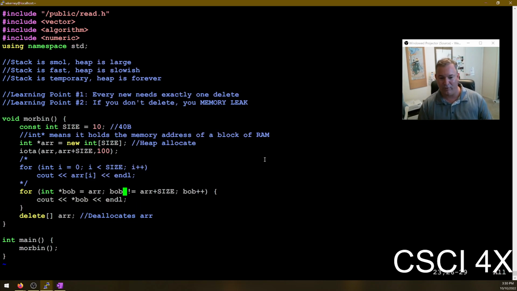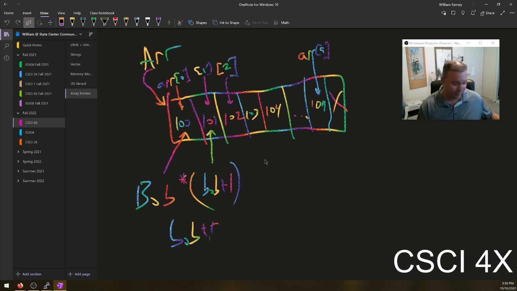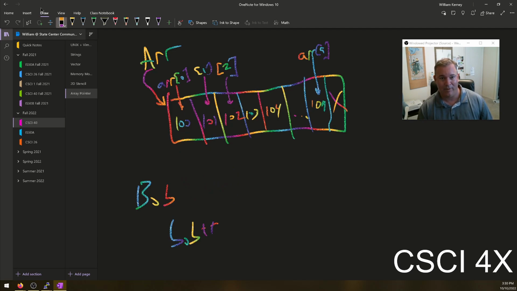So this for loop here and this for loop here are exactly the same thing. What we're doing is creating Bob. Bob is going to point at the first element in the array. Is it pointing at array plus 10? Nope. All right, print it out. Print out whatever's here. It'll print out 100. And then Bob plus plus. When you do a Bob plus plus, Bob is now pointing at array plus 1. Is that array plus 10? Nope. All right, move on to the next one. Prints that one out, prints all the ones in between, prints out